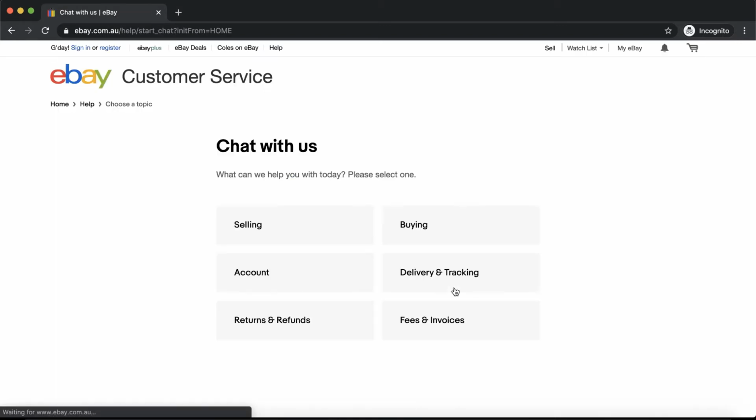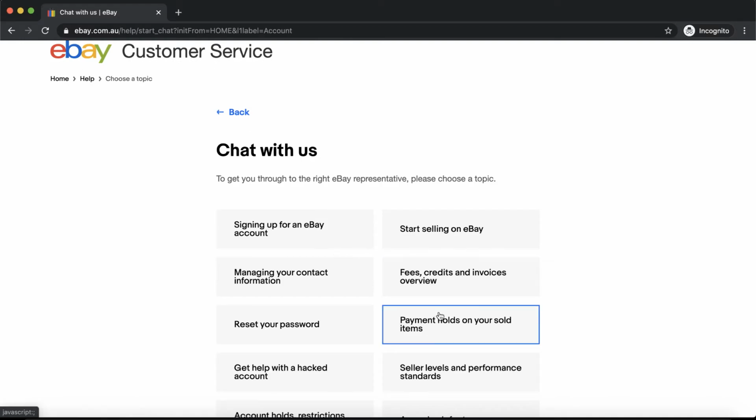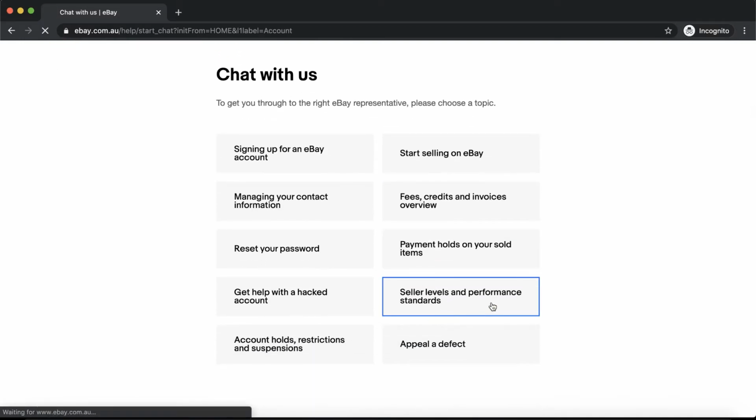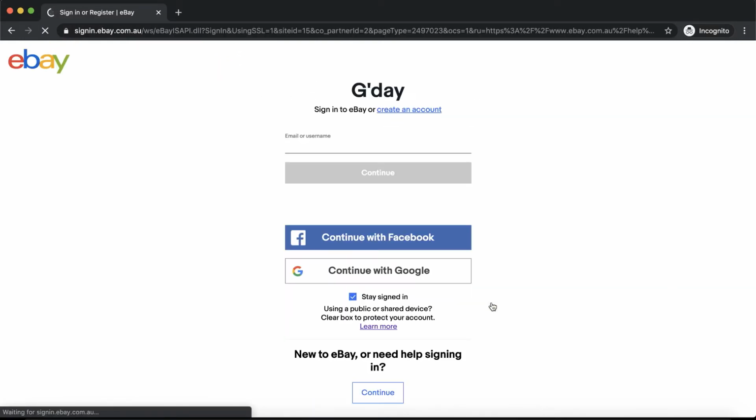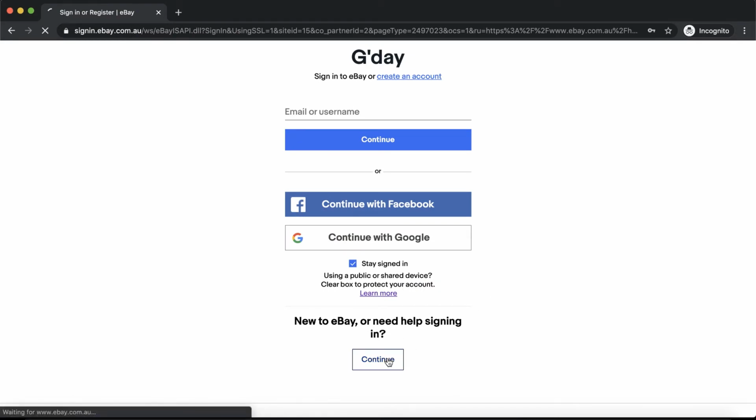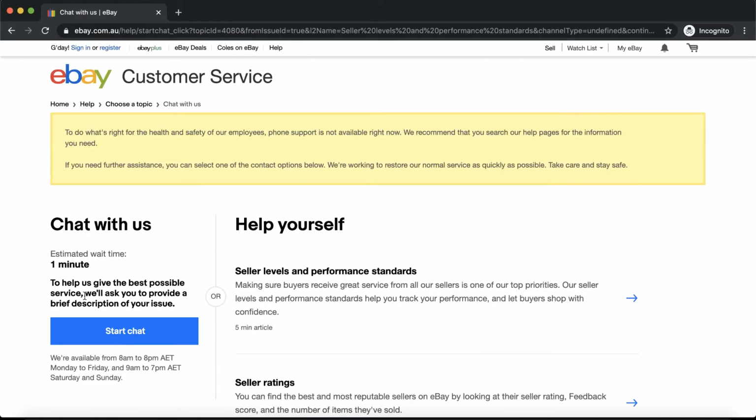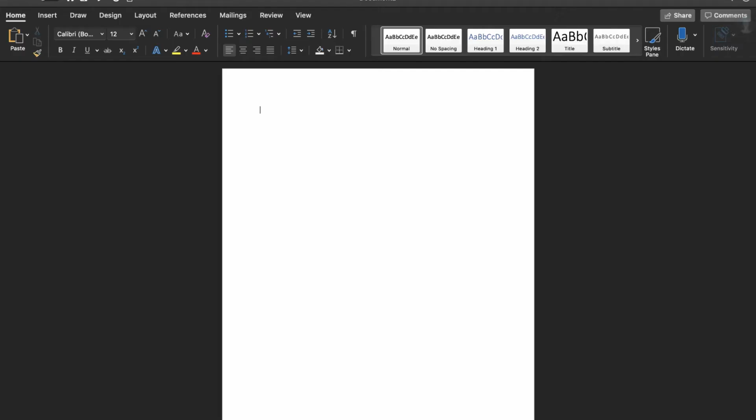You just want to click chat with us, account, and then seller levels and performance standards. I'm not signed in right now, so you just want to sign in, and you're going to press the start chat button. I can't raise my limits right now because I've already raised it, so I can't show you pretty much live. What you're going to write in the little preview first message window is, hello, I am looking